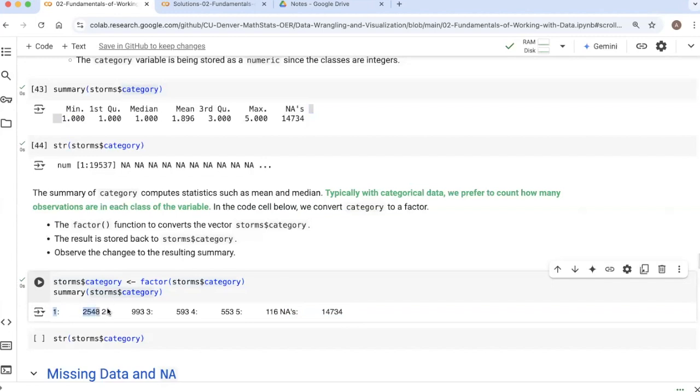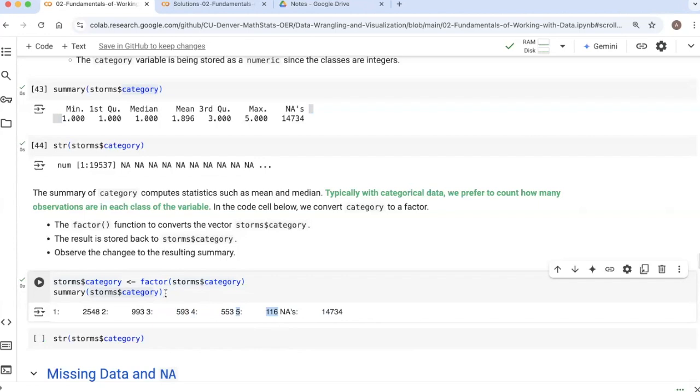2,548 were category 1 hurricanes. 993 were category 2 hurricanes. 593 were category 3, 553 were category 4, 116 were category 5. So when our data is being stored as a factor, as a categorical variable, the summary output is telling me the count, the frequency, how many observations